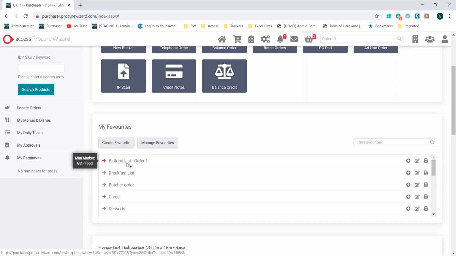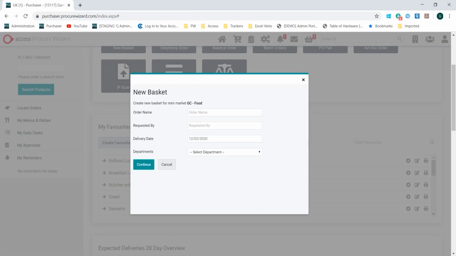When I click on my favorites list at the top here, it will ask me a couple of questions. Again, this is all built around your system and your requirements. Depending on your requirements determines what options the user gets to pick in this section. So if I put my name in the list here, you can see the next option that comes up is